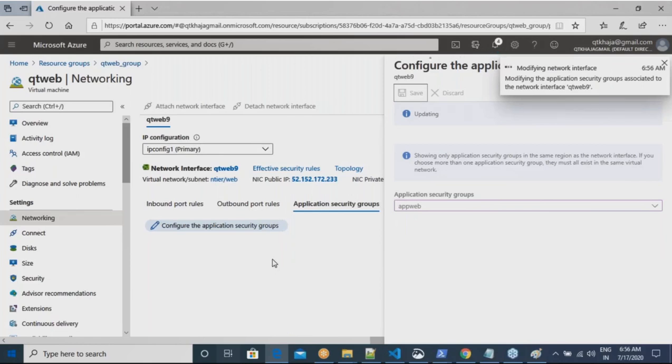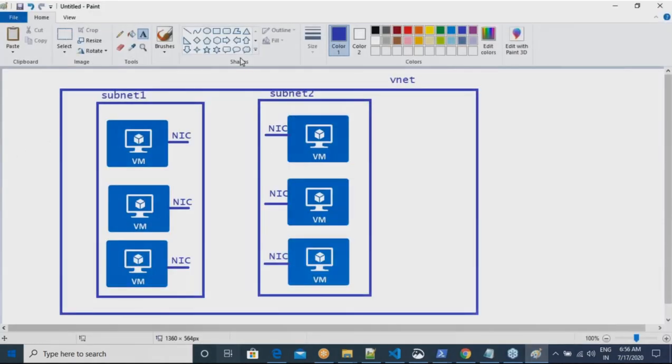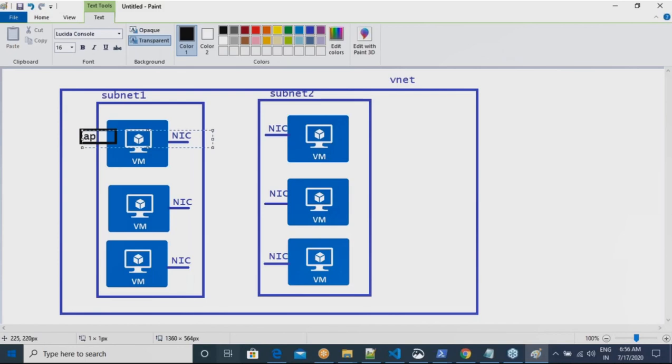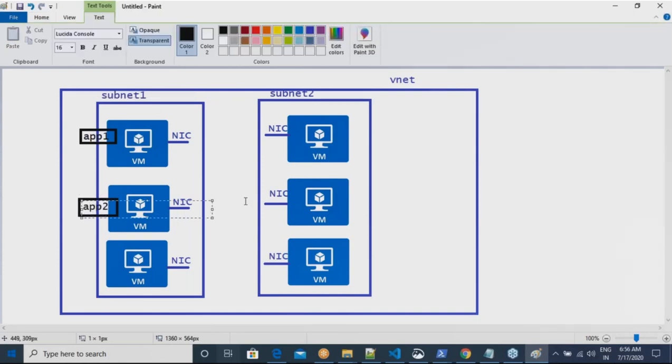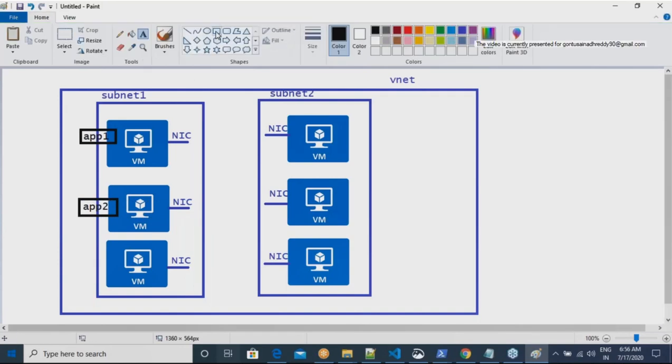So we will try to label these VMs by telling that this is app 1 ASG, this is app 2 ASG, this is DB ASG.